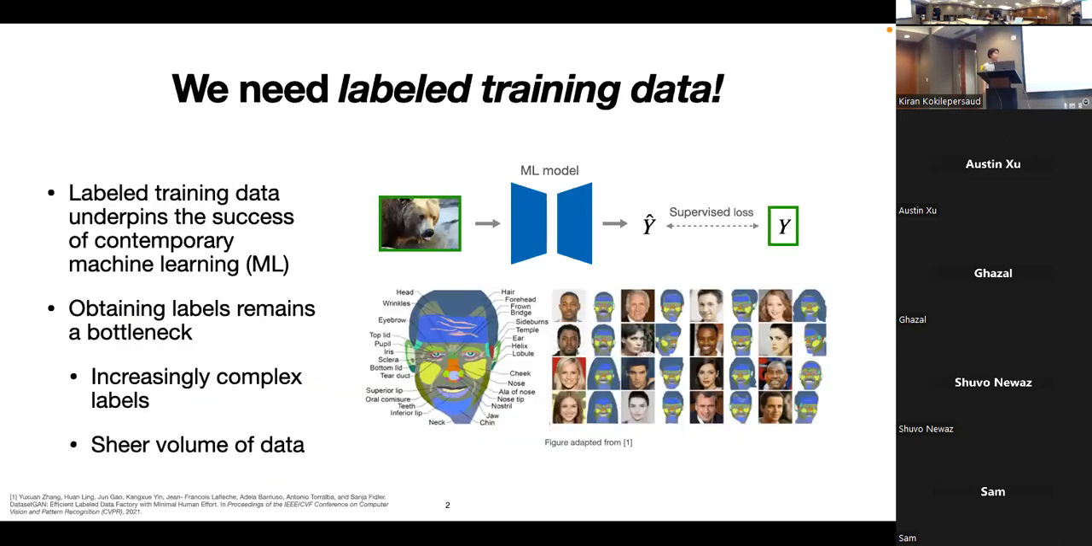Right, so I'm sure a lot of people here know that a lot of the success of modern machine learning is built on large volumes of labeled training data. And so the conventional wisdom here is that the more data, the better, right? This allows us to generalize better to unseen samples. But obtaining labels for data doesn't come for free. There's still a large bottleneck in our model development pipelines. And today we'll be focusing on the image domain, where